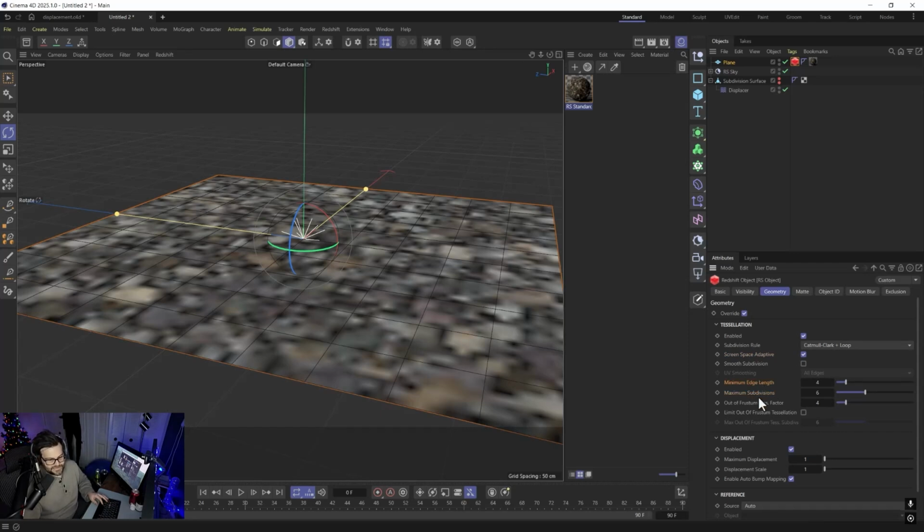So these are what determine how many times you're adding that subdivision that we did earlier inside of our plane. So we want a minimum edge length, and basically that says, okay, how many subdivisions do I need to add in order to get an edge length of 4? And it's like, okay, what is 4? It's hard to explain, but it's 4 units, or whatever your units are. But really,